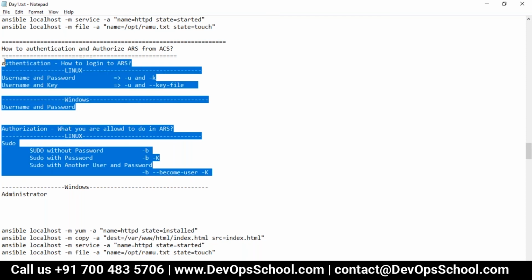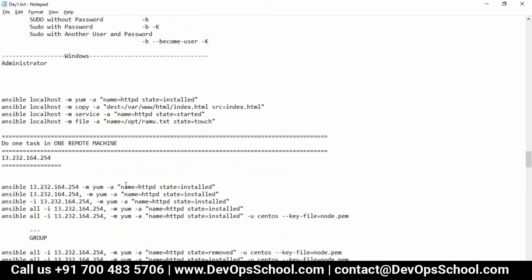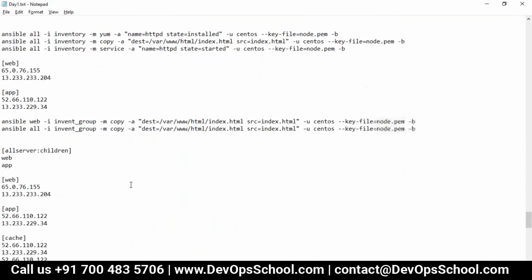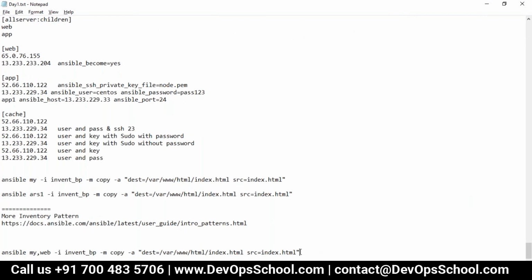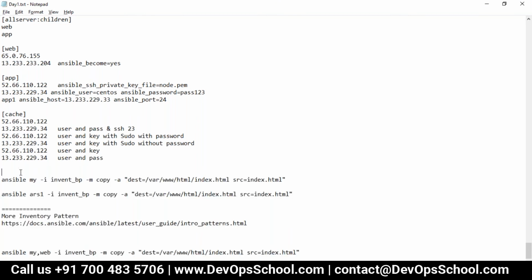The inventory should have, for example, 100 plus servers, and I need to have all the passwords updated in the file. Okay, you are saying you should be embedding the password in the inventory file. Is that your question? Whether it can be the inventory file or where we can update the passwords.